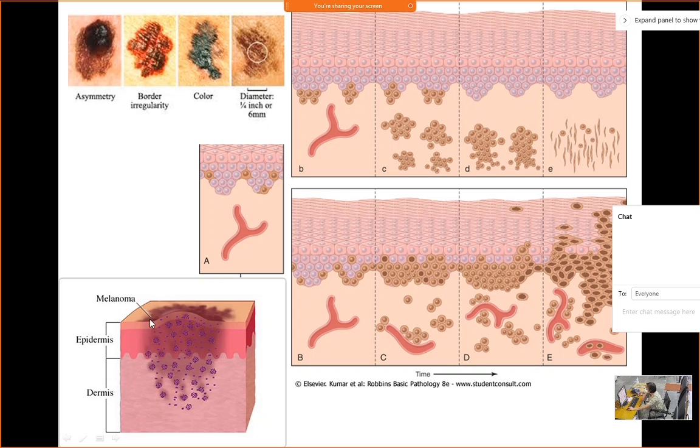You can see that this is the nevi, the dark area, the melanoma. If it undergoes malignancy, it tends to go down and infiltrate. These blue dots are the cells, and they infiltrate very rapidly vertically. This is known as the vertical phase of the tumor. At the same time, initially it may be here, but then these cells spread out horizontally. That is the radial phase of the tumor. So basically, malignant melanomas can have a radial growth phase, that is horizontal, or a vertical growth phase.